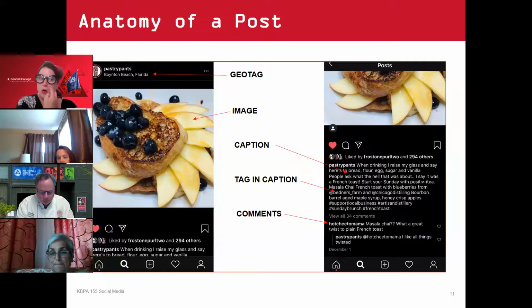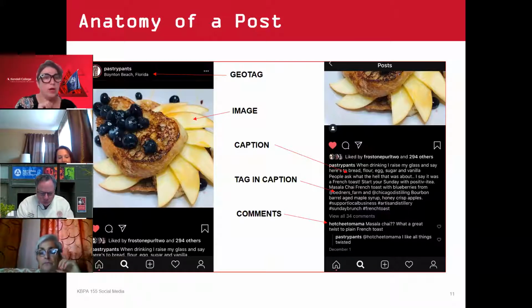You always want to go and take a look that you have their handle correct, because sometimes it's not exactly what you expect it to be. And there are a lot of people who try and put up dummy accounts that are not the exact business. So you want to make sure and give the right place the mention. So always go in and look.